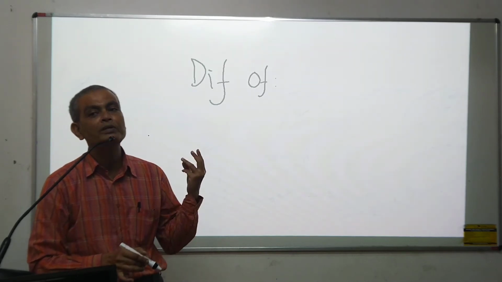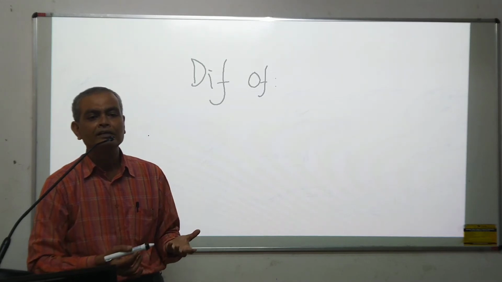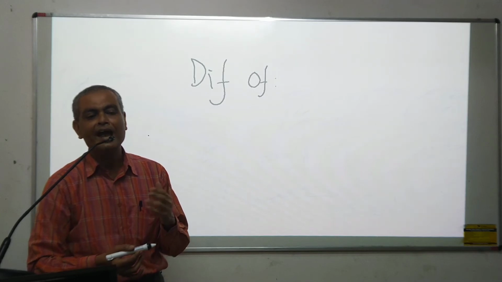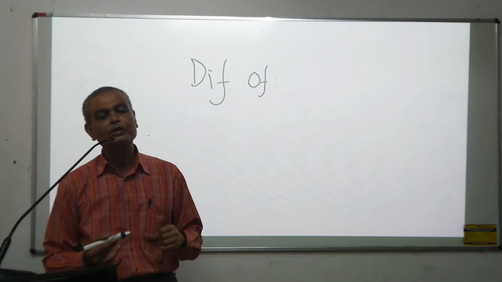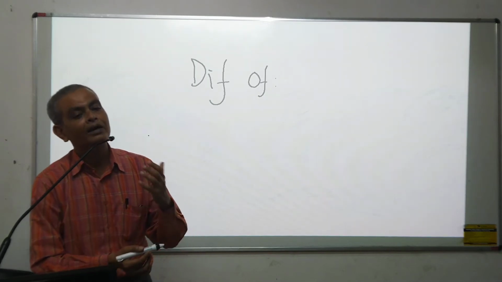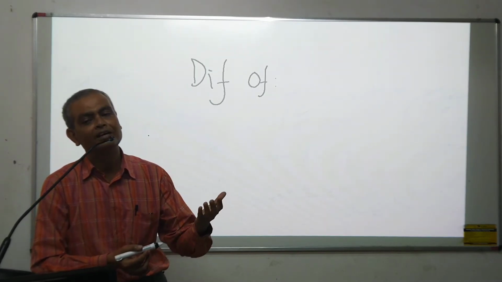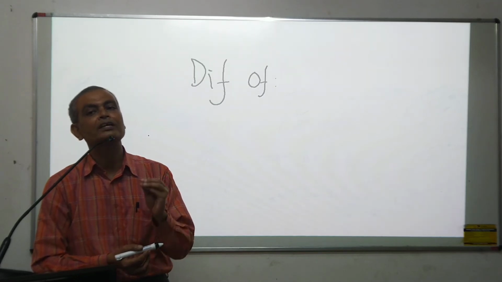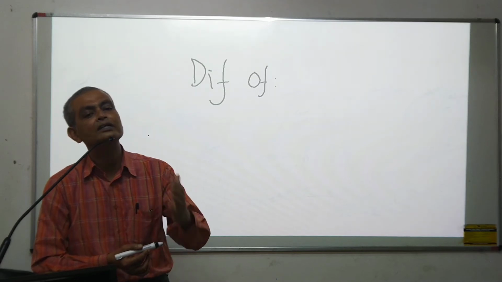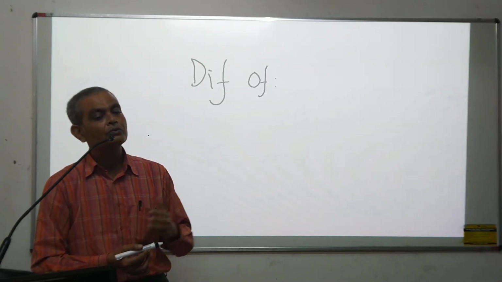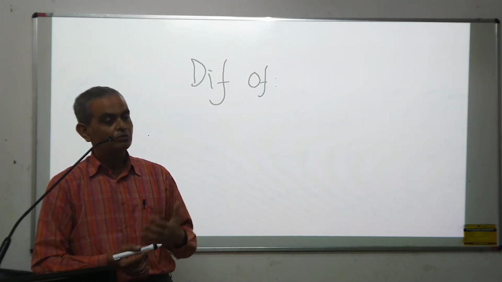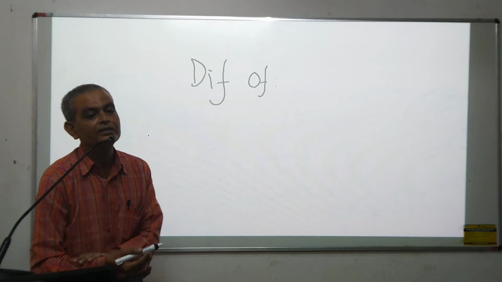Then number three, what will be the change? There will be organomegaly. The spleen has to work hard in order to destroy the cells, so the reticuloendothelial cell number has to increase. Normally they have to kill, suppose, 1000 RBCs per day, but in this situation they have to kill 30,000 RBCs per day. So whenever they have to work hard, the reticuloendothelial cell number will increase. So there will be splenomegaly. The next important thing is splenomegaly.